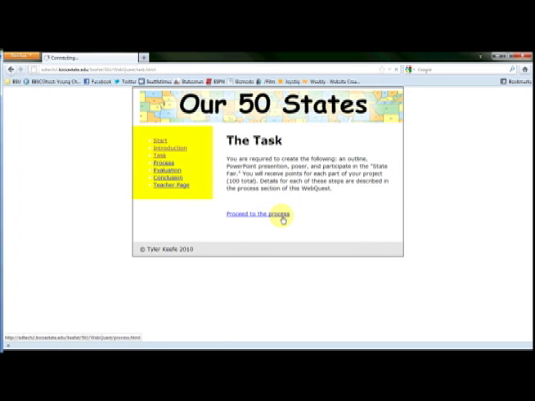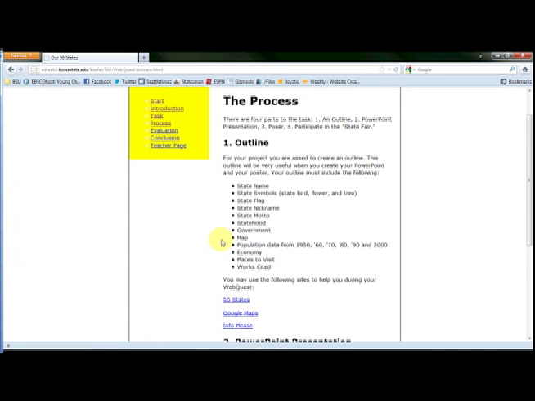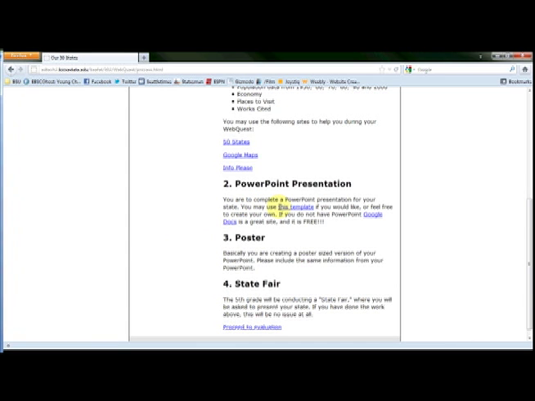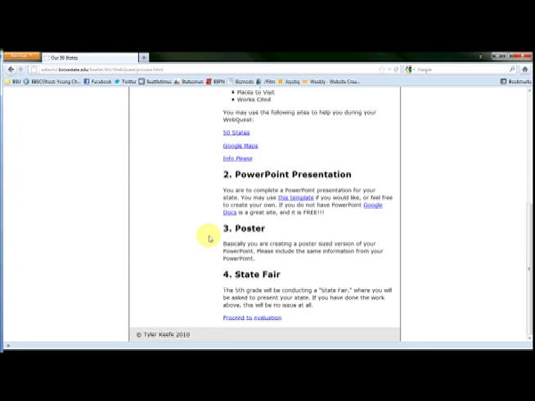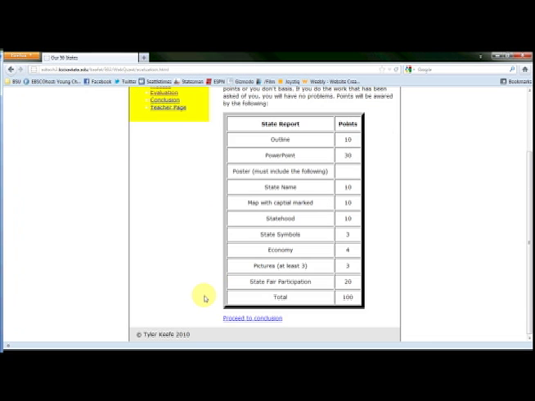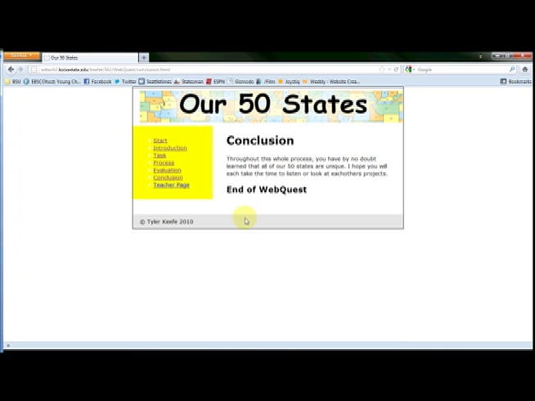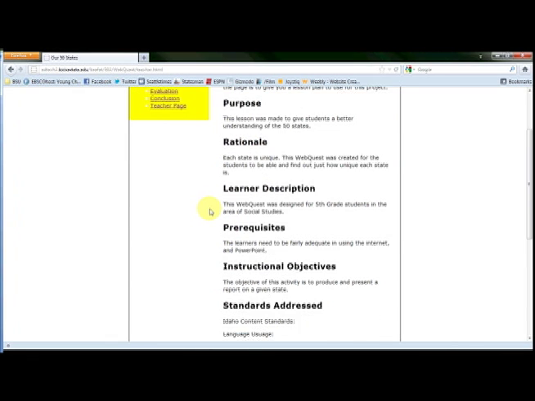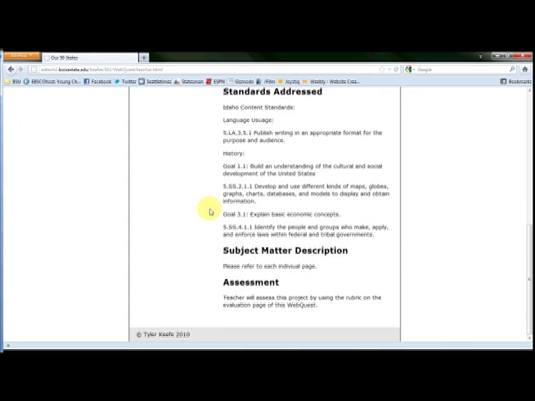that they are going to do, the process, they're going to create an outline. They have some websites for them to use. They're going to create a PowerPoint using this template I provided them, poster, state fair, and then they'll actually evaluate themselves. Give themselves points on how they did, the participation, their pictures, and so on. And then a conclusion, and just explaining to them. Then lastly, the teacher page, which is the purpose, the rationale, learning descriptions, all that stuff that we needed